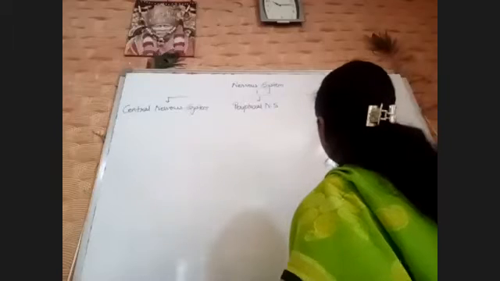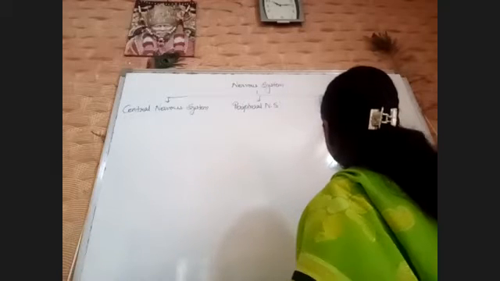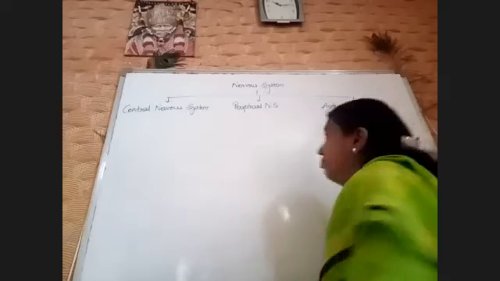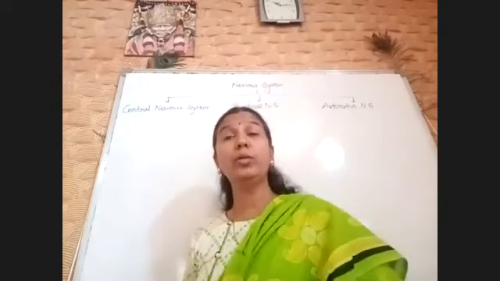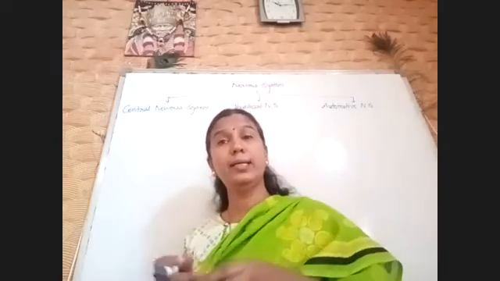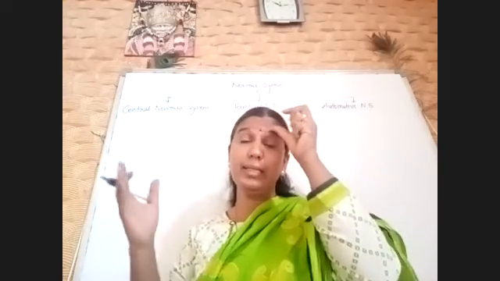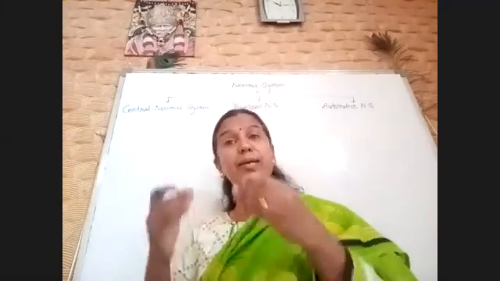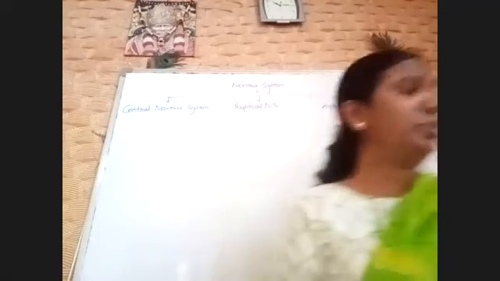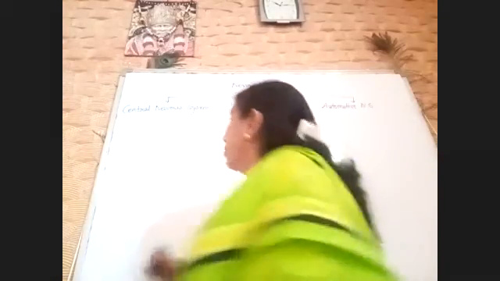And the next one is autonomic nervous system, which will definitely not be under the central nervous system. It will work independently. Auto means self. Okay. Now central nervous system,